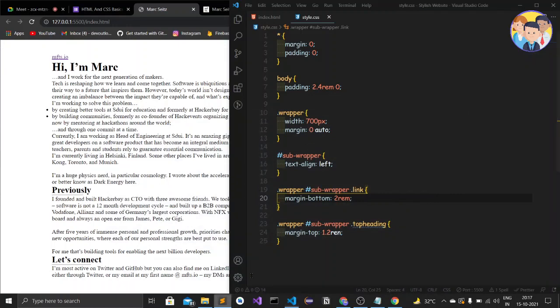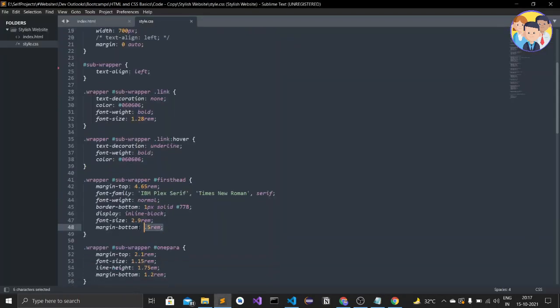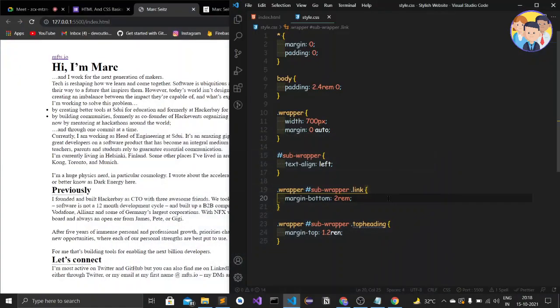I did it in this code only. Here margin bottom has worked, but this is not working. Why? Let's try bigger values.